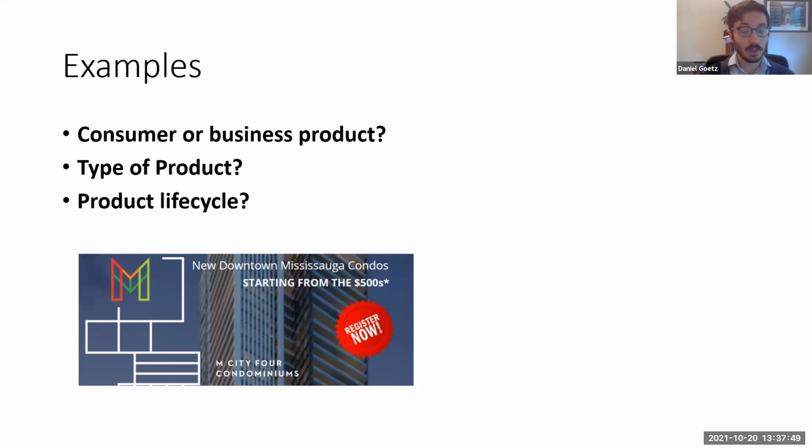And the product life cycle. So, this particular product is a brand new construction, but this type of product, condominiums, that's what you should be thinking about when you're classifying it in the life cycle. And definitely this is a very mature product, right? Houses have been around for a long time, always needed them, probably always going to need them, right? So at this point, we're kind of in the maturity phase of our life cycle. So we kind of have a mature shopping product